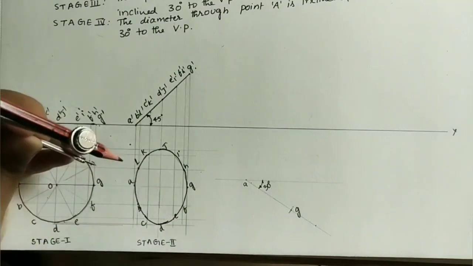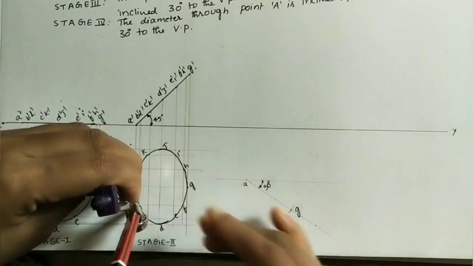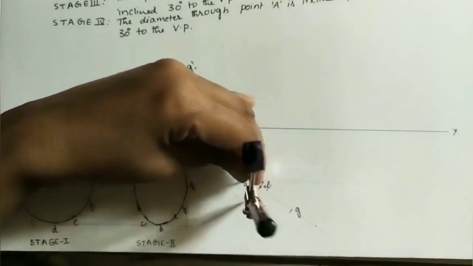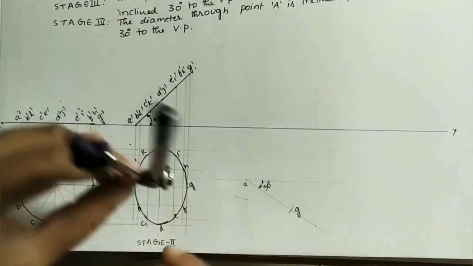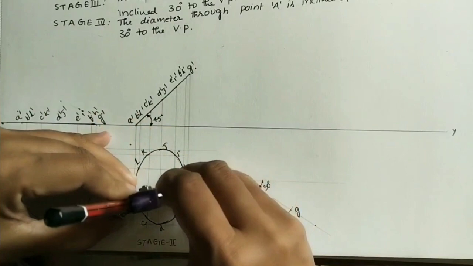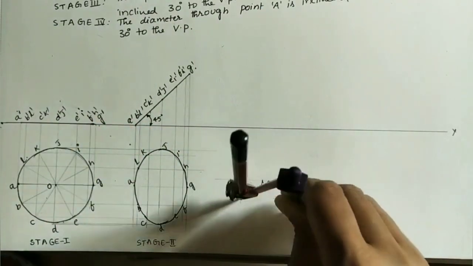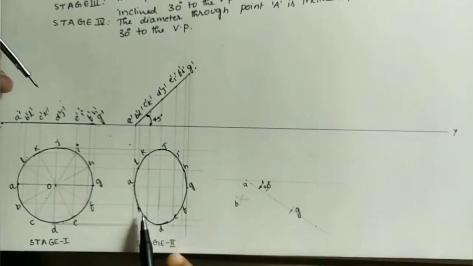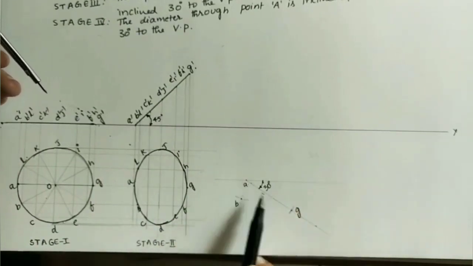For marking the other points, take AB length. A as center, just do an arc below A. AB length I have marked here. Similarly, take GB length. From G, mark that point. It is a B point. Here we did AB length and GB length. We got the intersection point. This is a B point. Like that we are taking two centers.